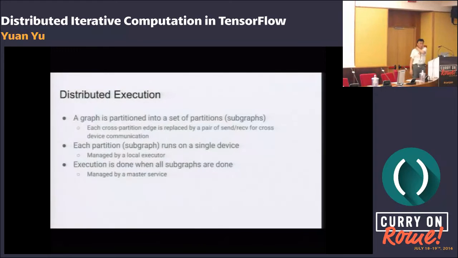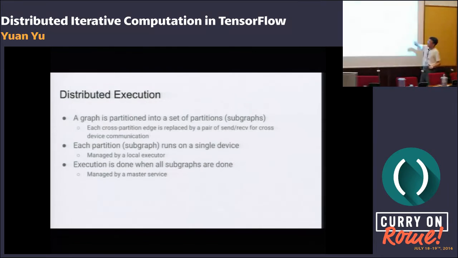So let's now get to the interesting part of this whole thing, which is how to do distributed execution of this. Let's just recap what we know. A graph is partitioned into a set of partitions, and each partition runs on a single device and is managed by the executor we were talking about.